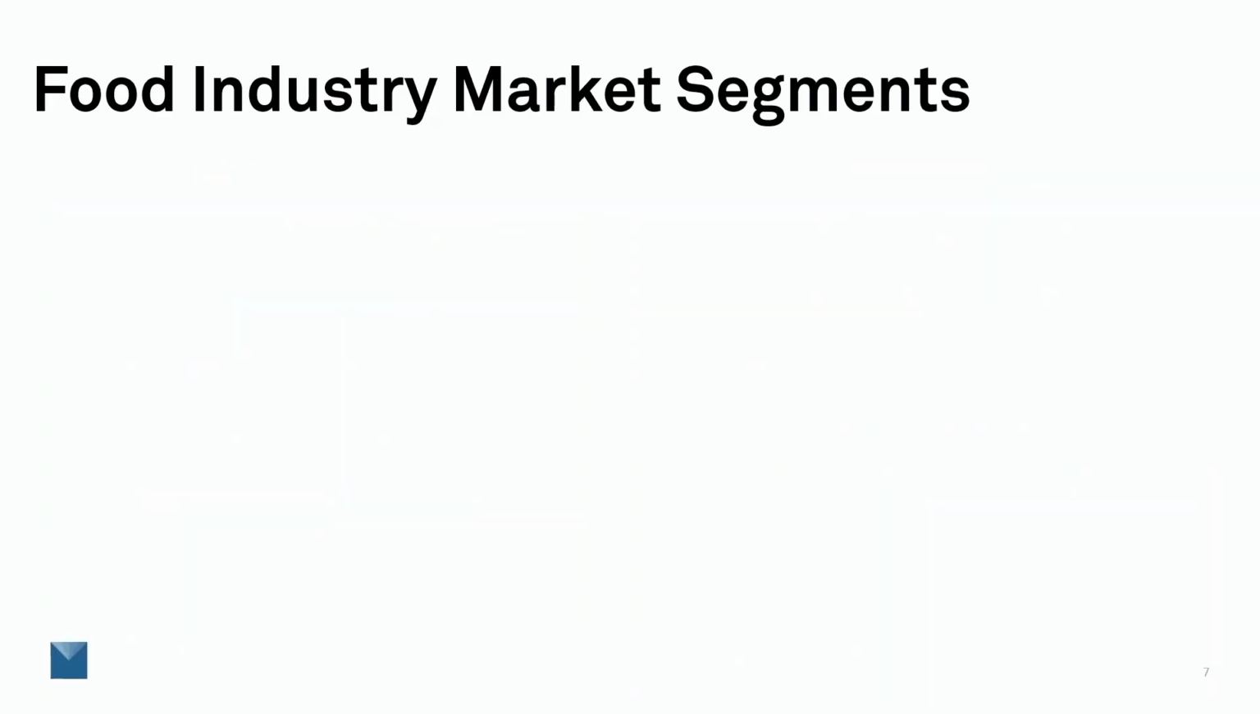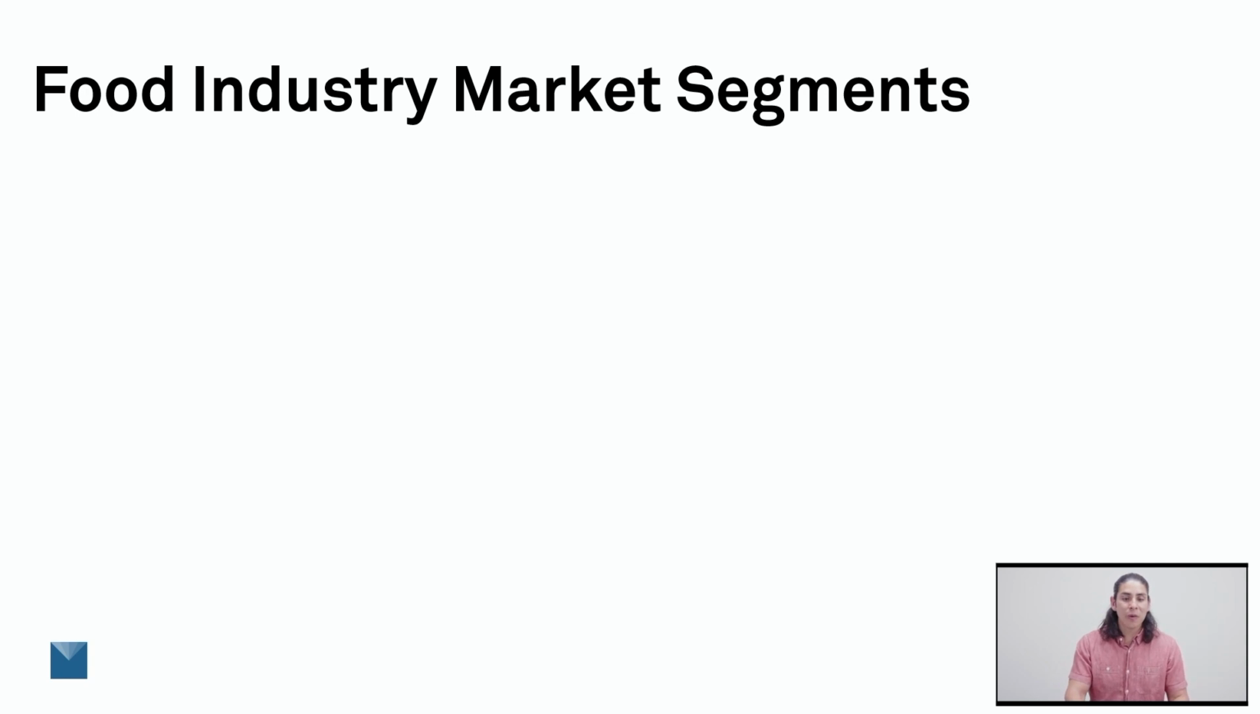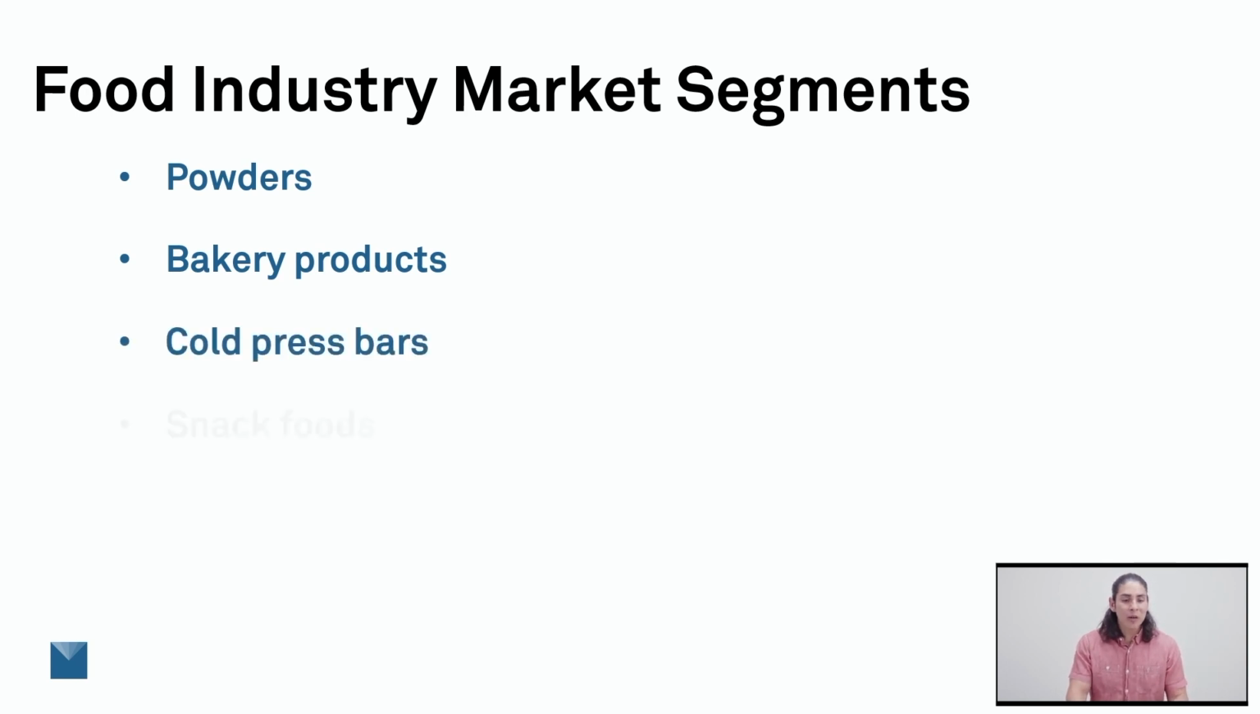And I also thought it would be helpful to focus on the food industry and just show you the different market segments that isotherms are used for. So it's used a lot for powders. You can think of infant formula or drink powders, anything that's in powdered form that you're trying to prevent caking and clumping. We can also investigate bakery products, cold pressed bars, snack foods, especially things that have an ideal texture,